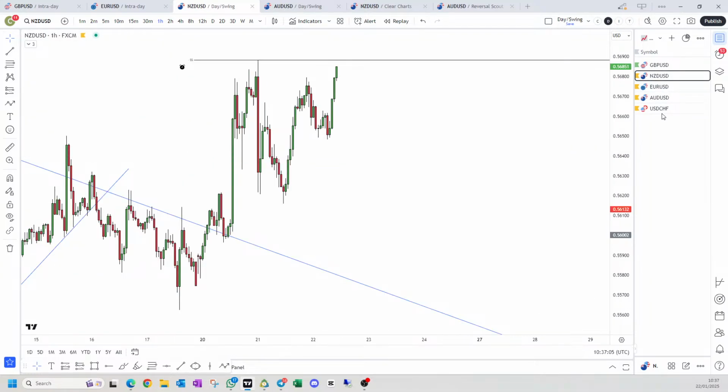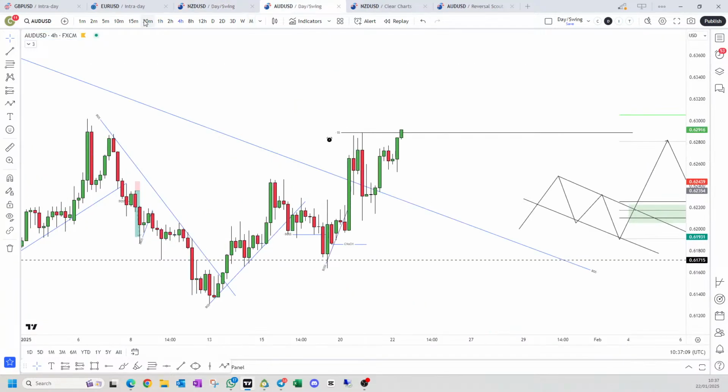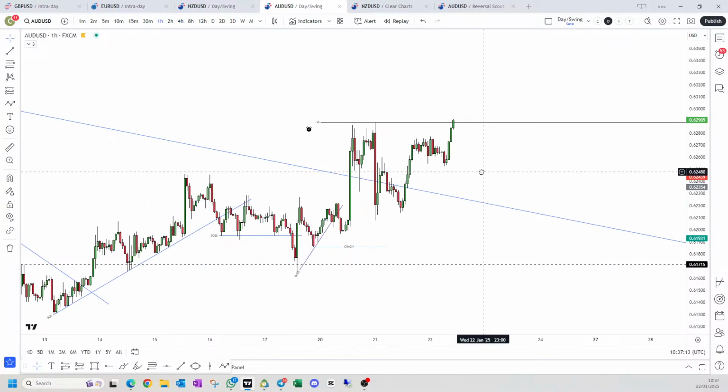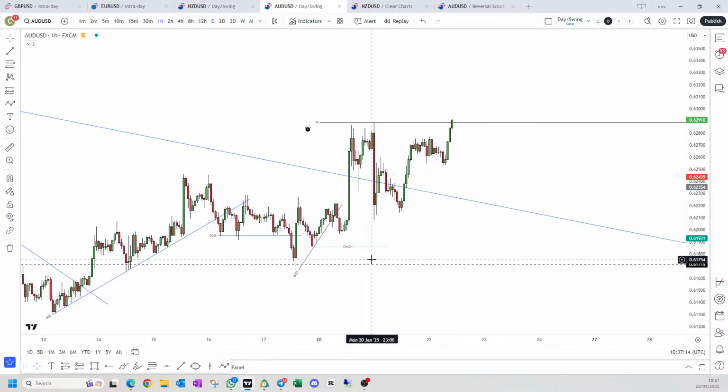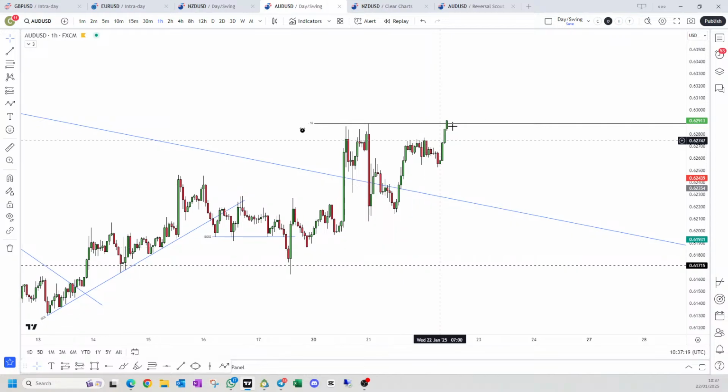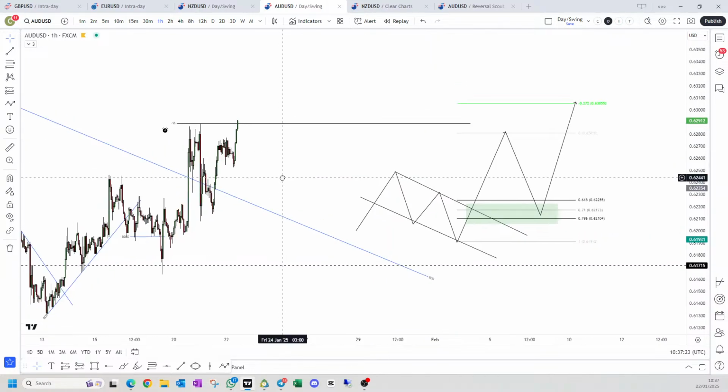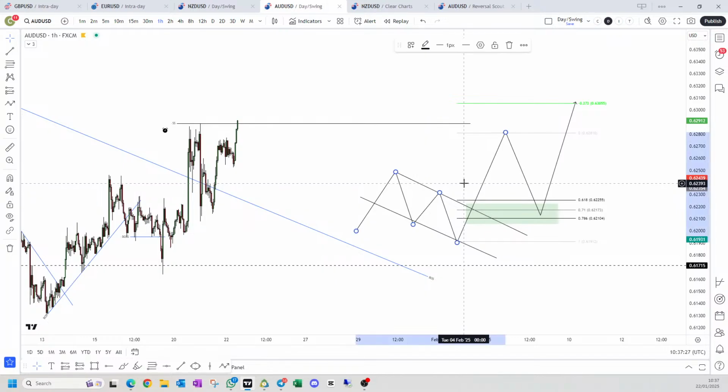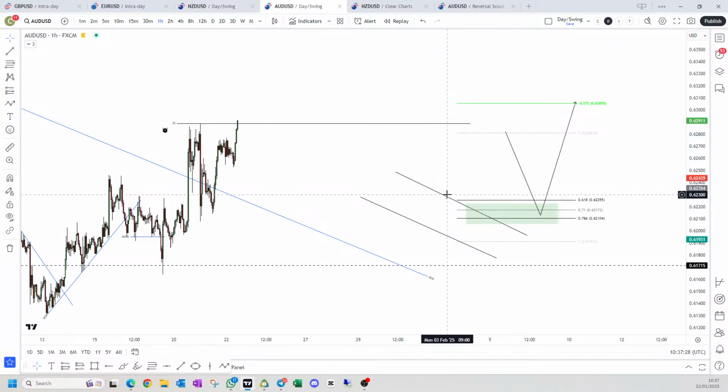So NU is not breaking higher, but AU is. So we just want to wait to see the break of substructure. So this can change this schematic to